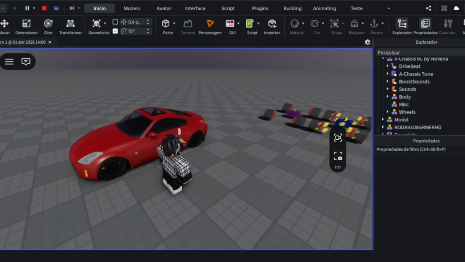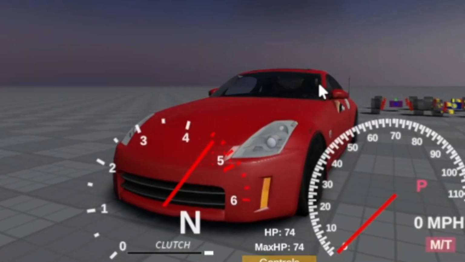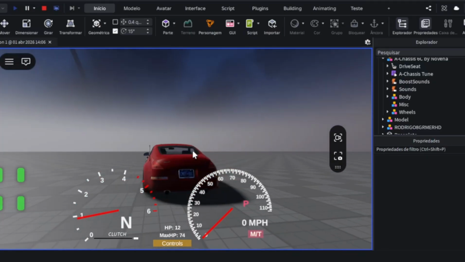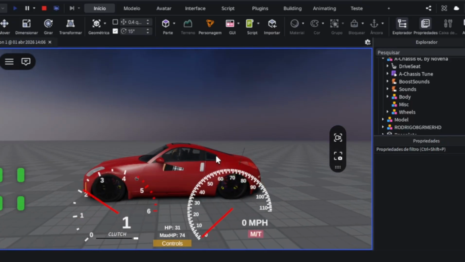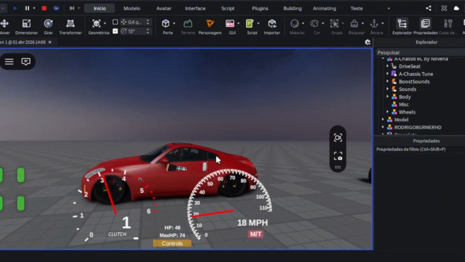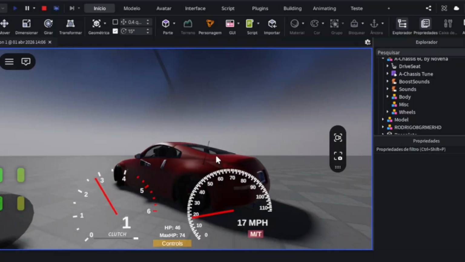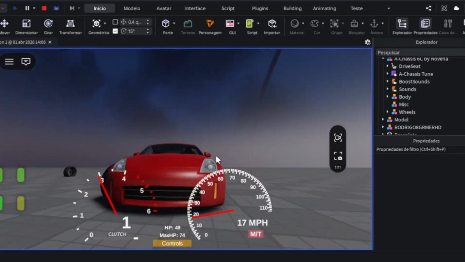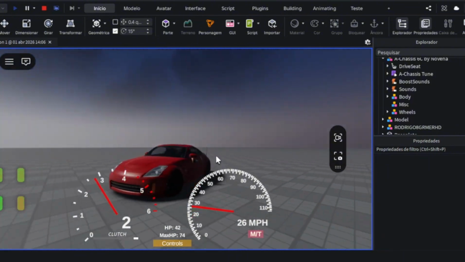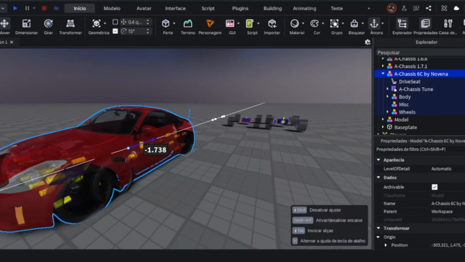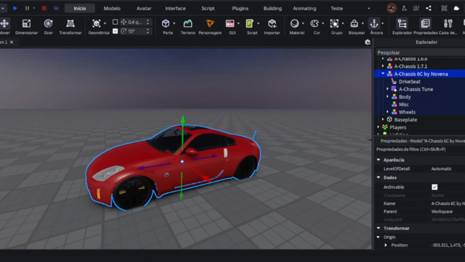Alright, let's test to see if it works. And see, it works nice. Alright, let's see if the car moves. As you can see, the car is perfect and moves very well. If you want, you can already keep your car like that, but if you want your car to be realistic,